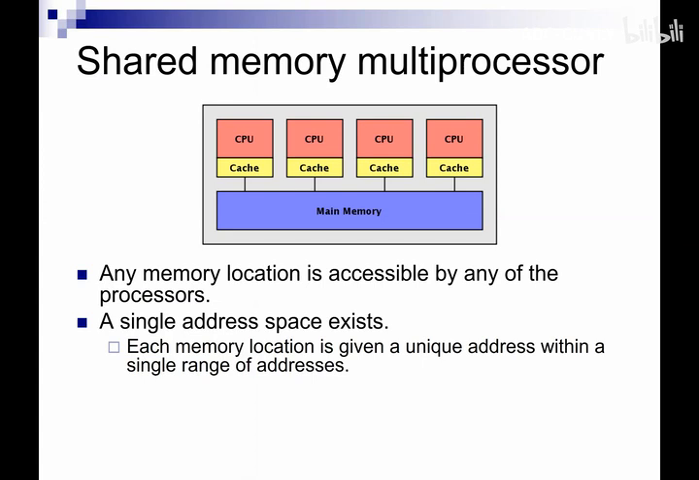Okay, so let's first recall the shared memory architecture. Here we have a bunch of parallel processors, and all the processors are connected to a common piece of memory. So there's a single address space. And this means that whenever one process can access a variable, then all of the other processes can also see